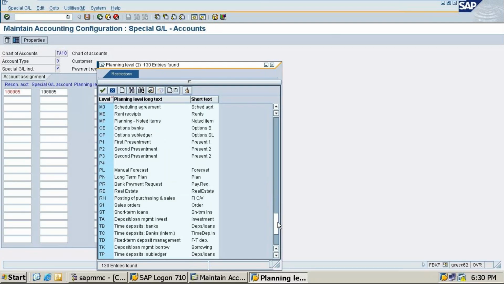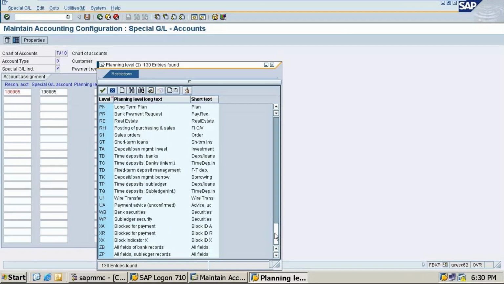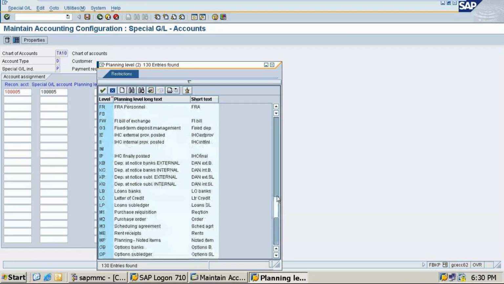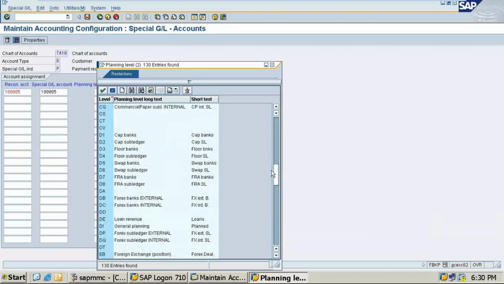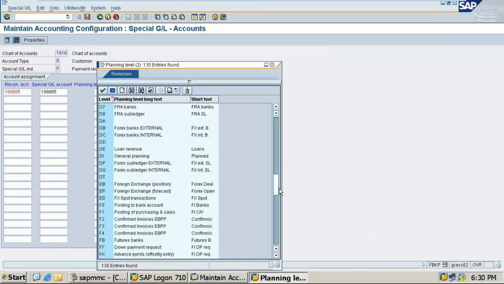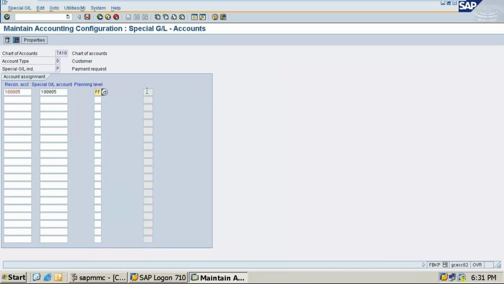Okay, so let's do with this. So down payment request, all these things you can do. After this, click on save.